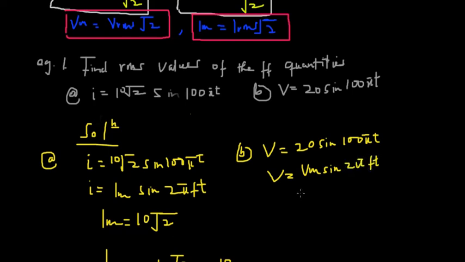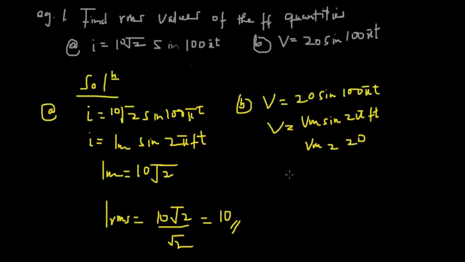So now we know that Vm is most definitely 20. So finding VRMS, the root mean square voltage, from this formula,